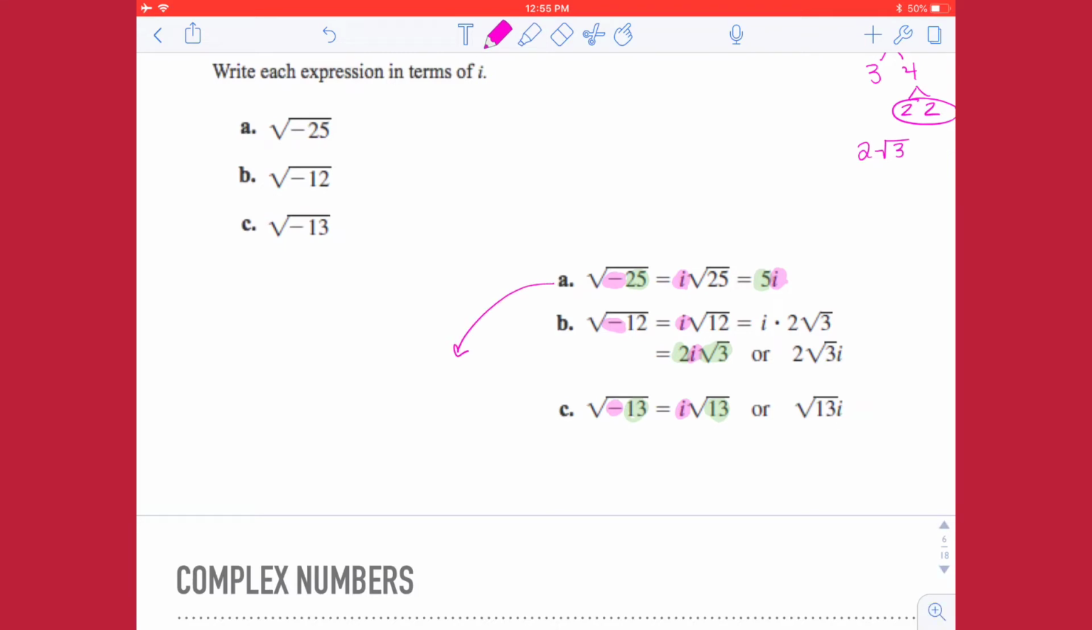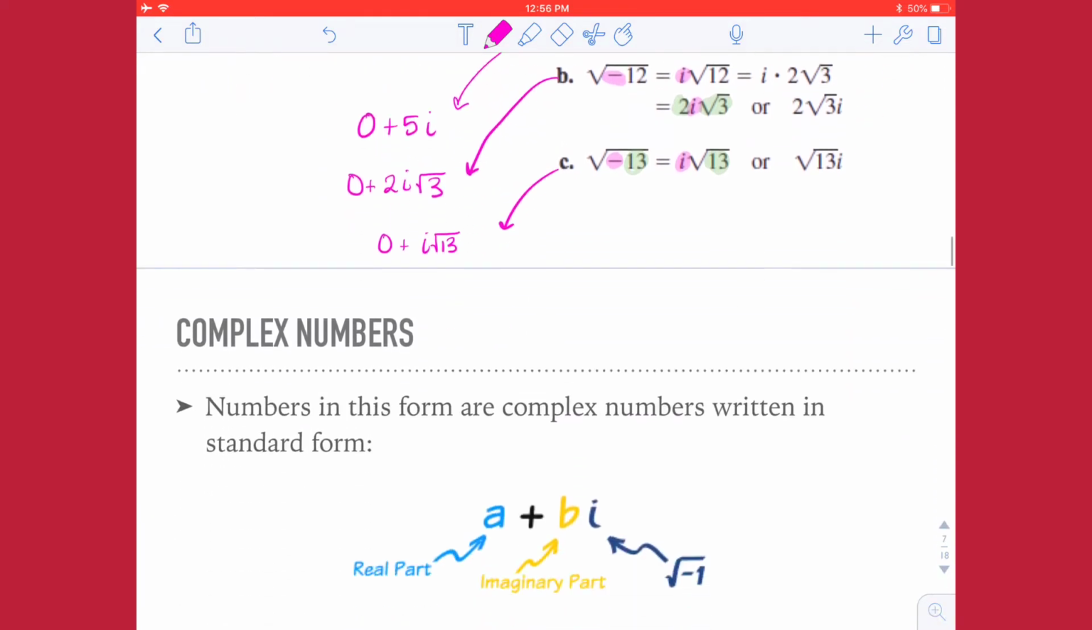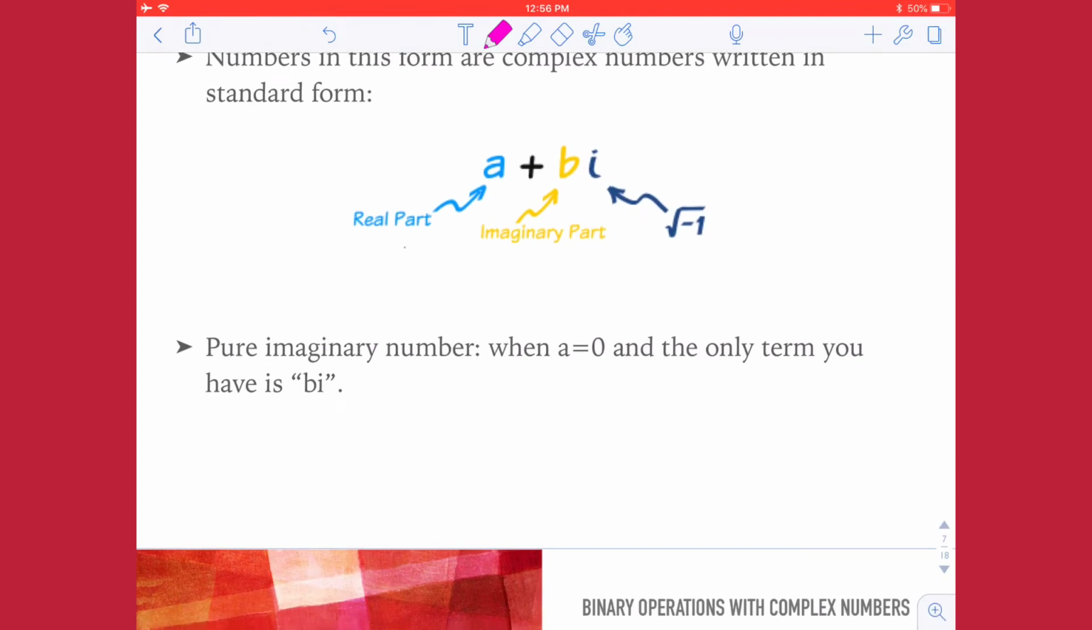If I wanted to write that in standard form, there is no real part, so I would say 0 plus 5i. If I was looking at letter B, I would have 0 plus 2i square roots of 3. If I was looking at letter C, I would have 0 plus i square roots of 13. So again, these are each of the solutions written in standard form,